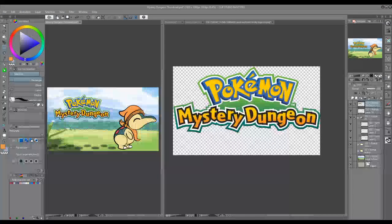Okay, so now I need a Pokemon Mystery Dungeon font. Damn. Okay, let's try a different source. Mystery Dungeon logo font. Maybe that'll help. No, no, no, no. I suppose this can work. Wait, hold on. Does it actually give me a damn...